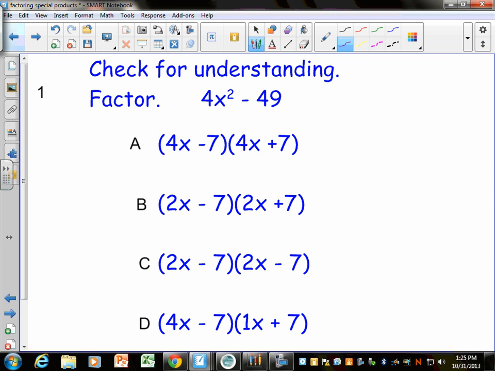So if there's only two things, it's going to have to be one plus and one minus. It's just perfect square and perfect square. So let's see. 1, 2, 3, 4 of these you should be able to do in like a minute and a half. Because you just make your two parentheses, perfect square, perfect